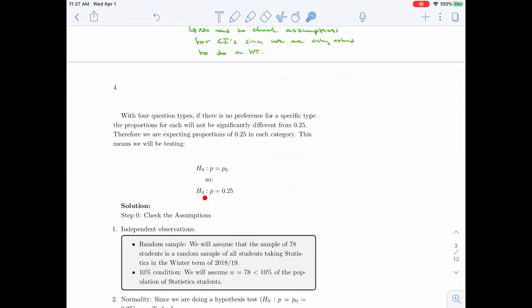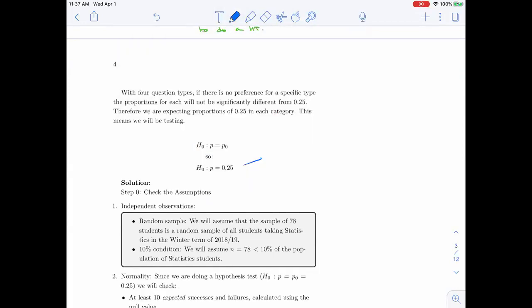And so we're assuming all question types are equally likely to be chosen,